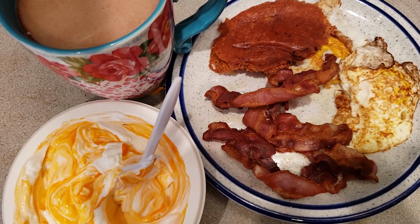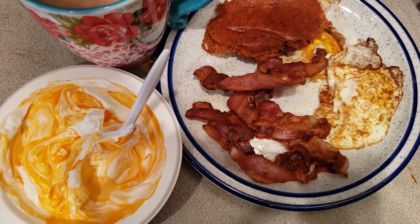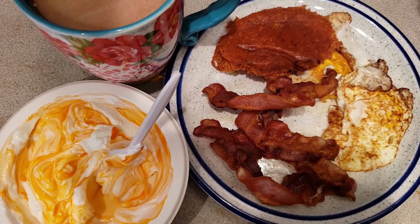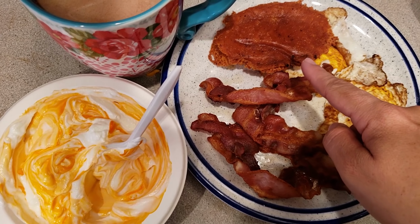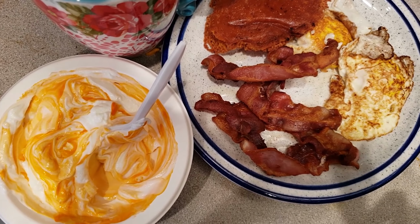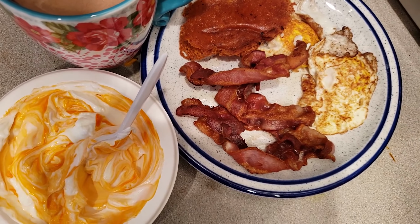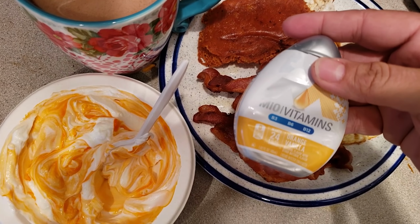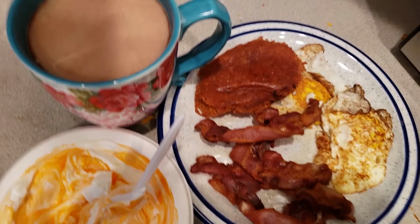Happy Wednesday, everyone. Welcome back to What to Eat Wednesday. This is my typical meal. I have this pretty much every single day. I have 2 fried eggs, 40 grams of center cut bacon, 1 ounce of cheddar cheese. I like to fry mine up in a pan just to make it crispy. It's fun that way. 0% fat Greek yogurt, sweetened with Mio water enhancer, orange vanilla, and a cup of Keto